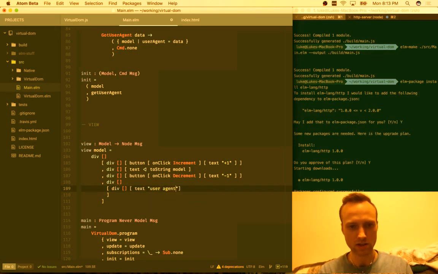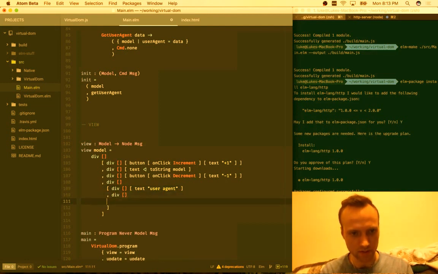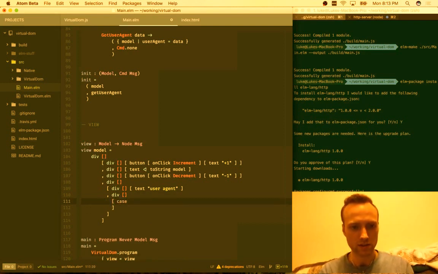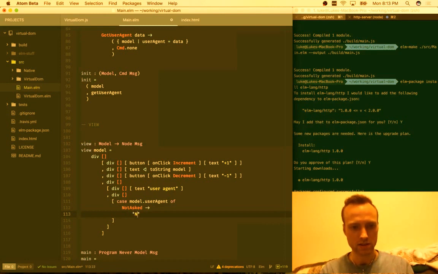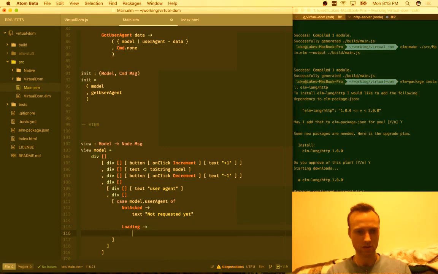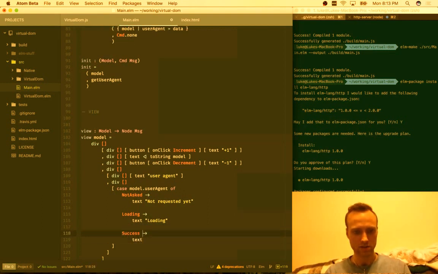Text user agent, and then a div, and then case model dot user agent of not asked, not requested yet. And that goes in a text node. And then we have loading, text loading, then we have success, agent,